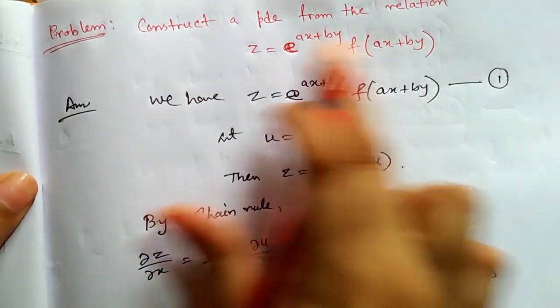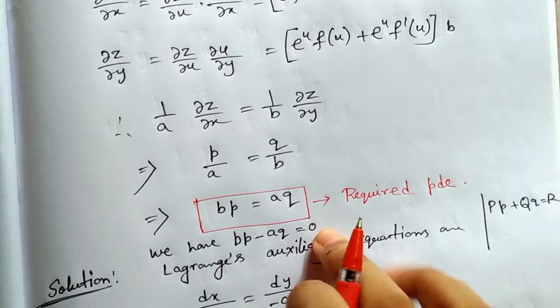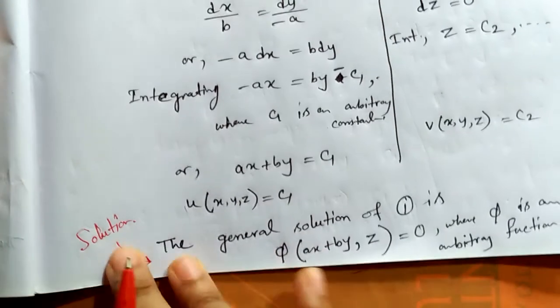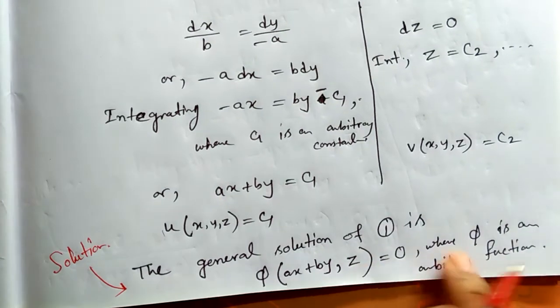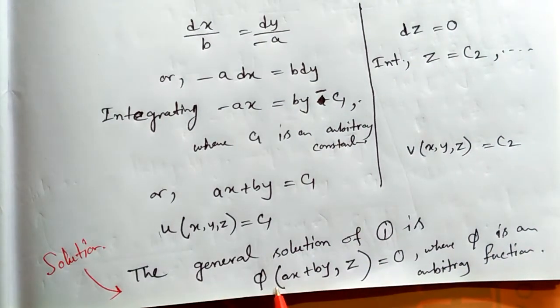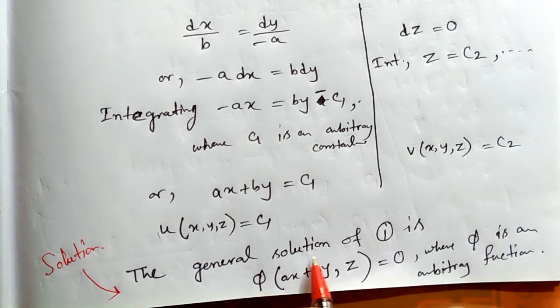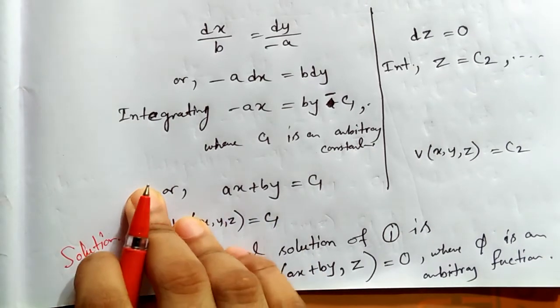We start from this relation. By elimination of the arbitrary function we can construct this PD, and again solve this PD. We get this relation which contains an arbitrary function, and here it is written that the general solution of 1 is of the form phi of ax plus by comma z equal to 0. Now my question was,